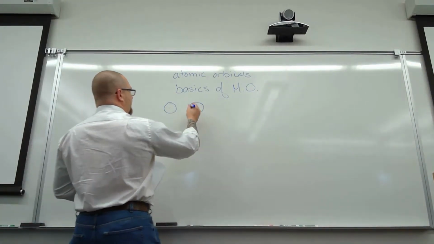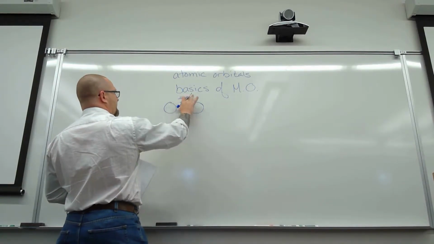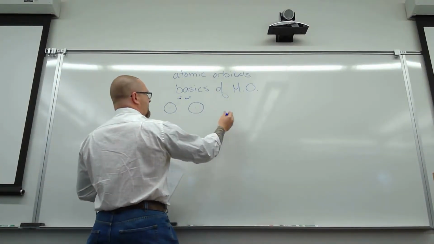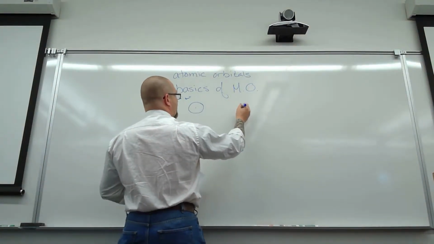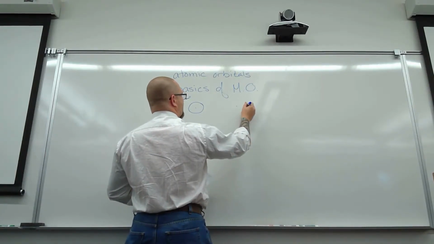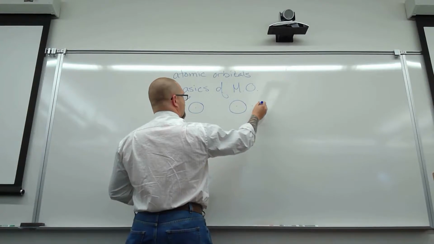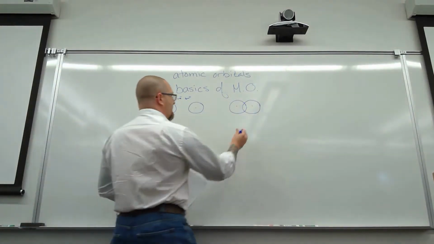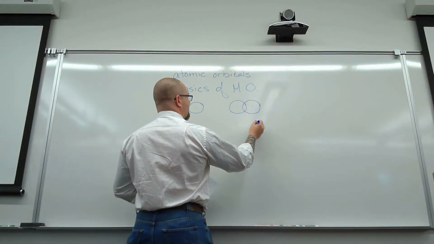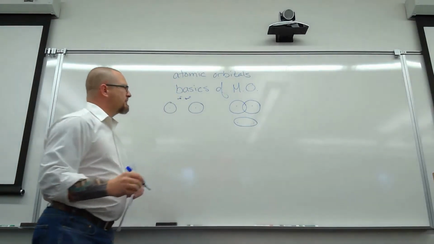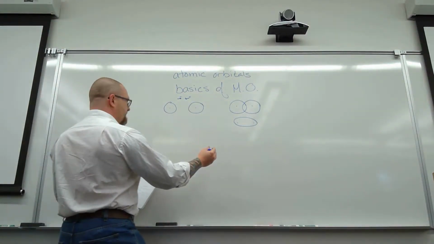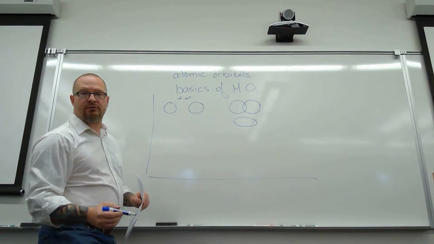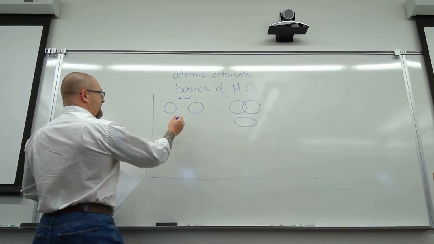If we start to move these two together, if we move them towards one another, the potential to share electrons improves. And when we get that ability to overlap, it looks something like this. So if we were looking at this on an energy scale, this is going to be, remember,